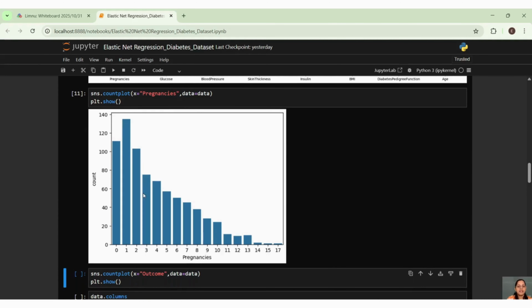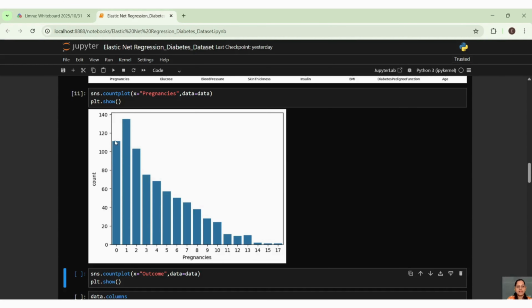And here I can see that there are 140. So you can see this level, right? 135 are there where the pregnancies count is only 1, right? However, there are few people where the data is there.